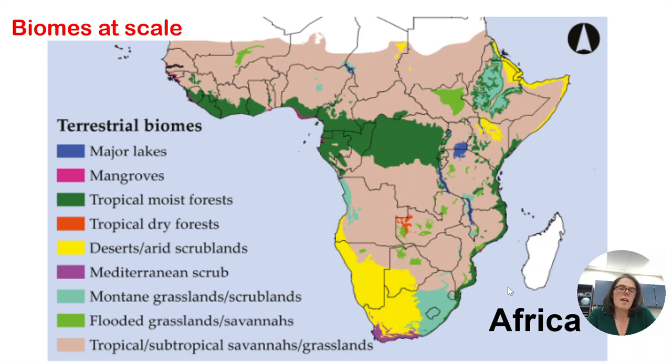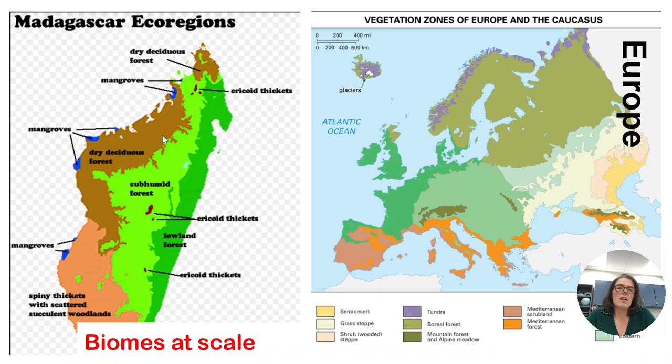We can even go to a smaller scale. Off the coast of Africa, here we have Madagascar. Even on that single island, it's not one biome. At the micro scale, we do have these microbiomes. And I talked to you about Europe earlier, how everything is shifted to the north because of those ocean currents coming across the Atlantic Ocean to warm things up and shift those biomes, the colder weather ones, to the north. But anyway, Europe has specific ones. So I just want to show you that biomes can be much smaller scale than the huge ones we look at on the whole Earth scale.